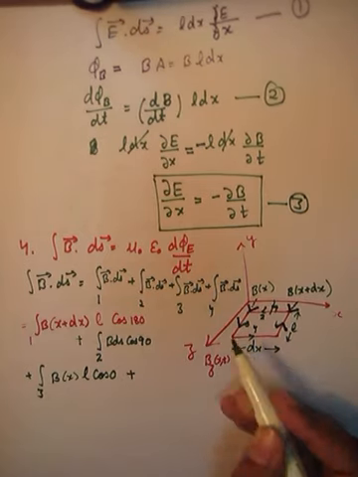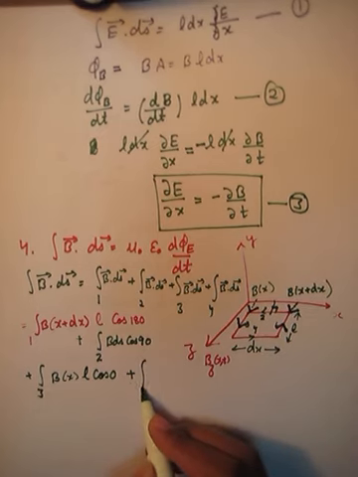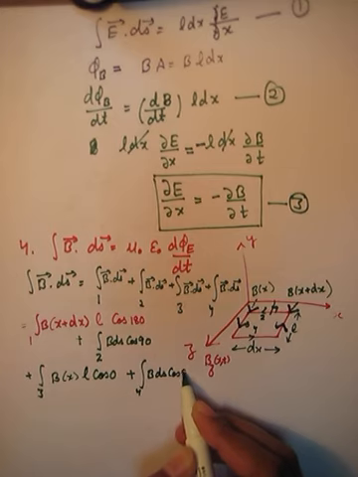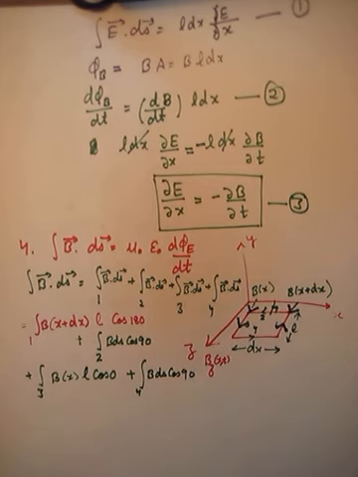So then we come to length 4. For 4 also the angle will be 90 degrees, so it will be 0. So we get rid of 2 and 4, so what we are left with is minus L